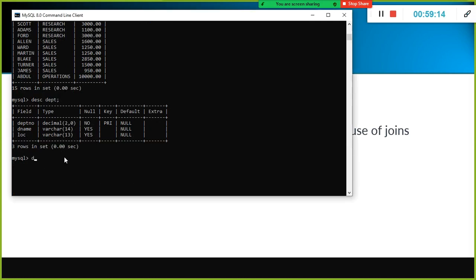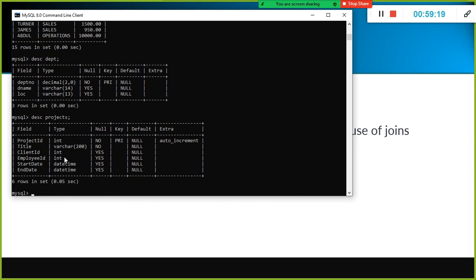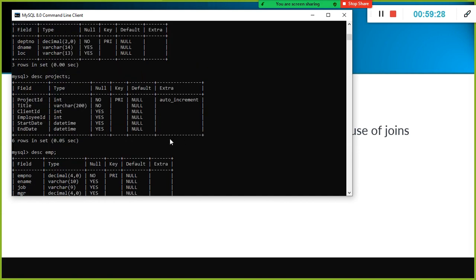Similarly, let's say I have another table called projects, and now I have the EMP table. If I want to join more than one table, what should I do?